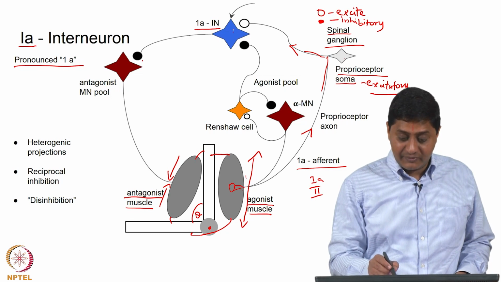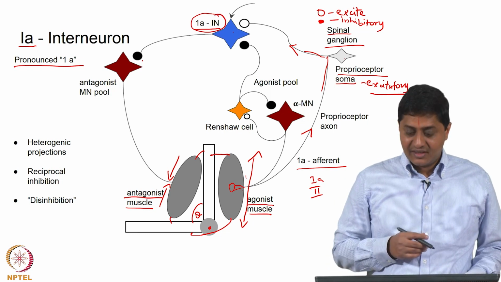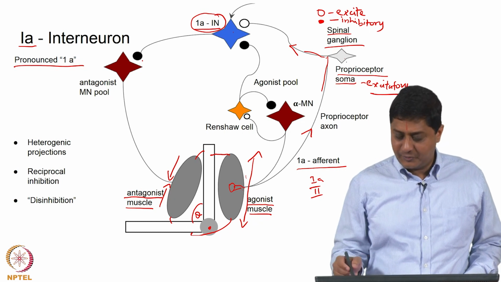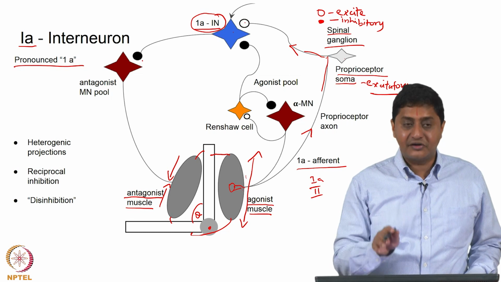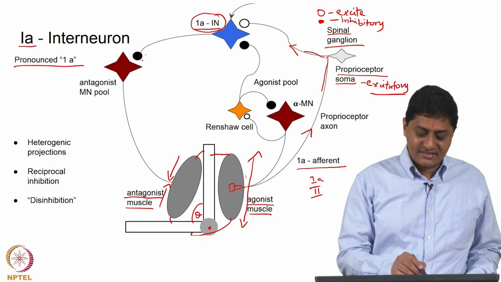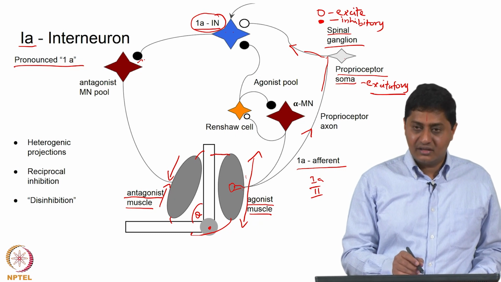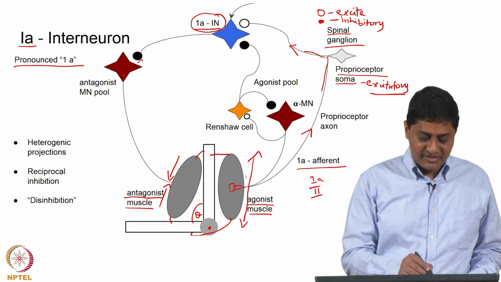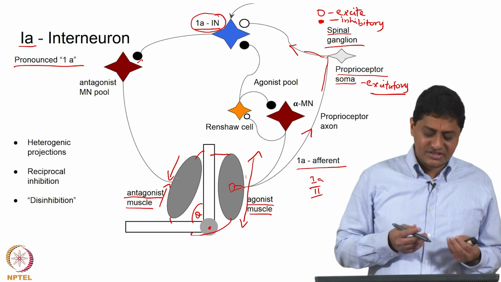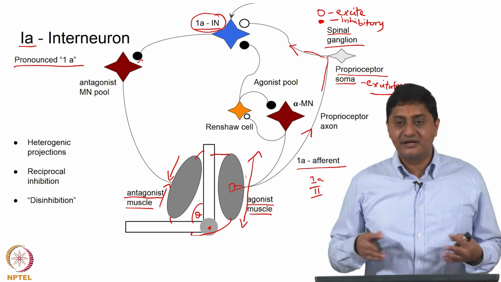So, the probability that the 1A interneuron is going to increase its firing is increased when the proprioceptor neuron sends an excitatory command to this 1A interneuron. As soon as this is getting excited, however, this 1A interneuron sends inhibitory neurotransmitters, inhibits this alpha motor neuronal pool, thus preventing any further contraction, or at least to some extent it is reducing the probability that the contraction is going to continue sustained or keep on increasing.